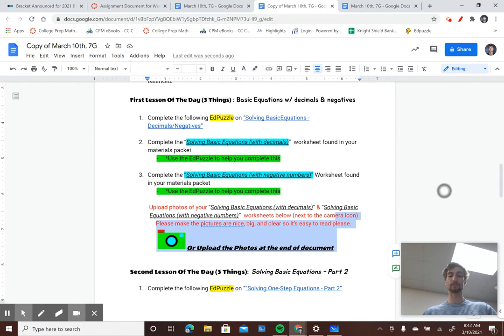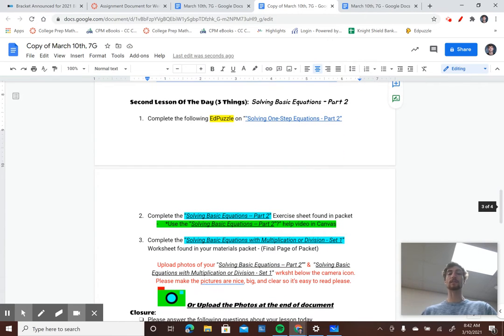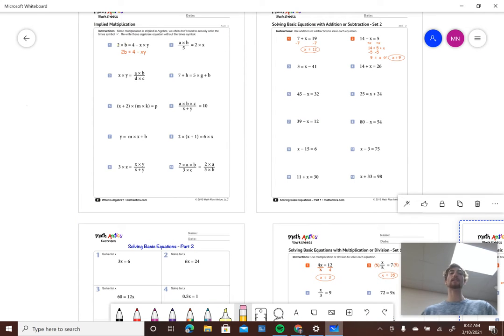lesson of the day. The second lesson is solving one-step equations part 2, meaning we bring in multiplication and division. So you're going to complete the Solving Basic Equations Part 2 exercise sheet and the set 1 worksheet for multiplication and division. As we look at these worksheets here,